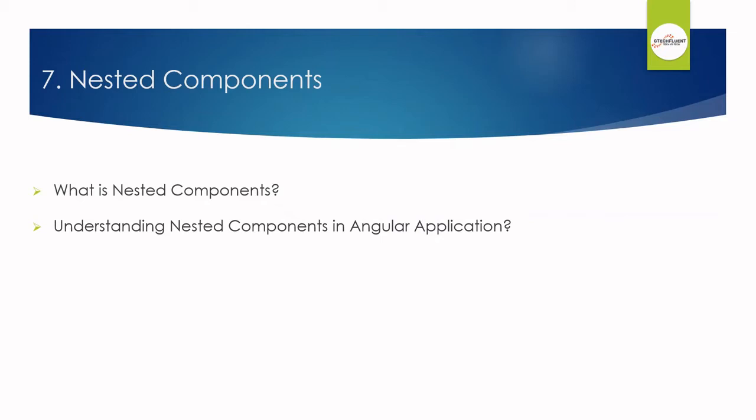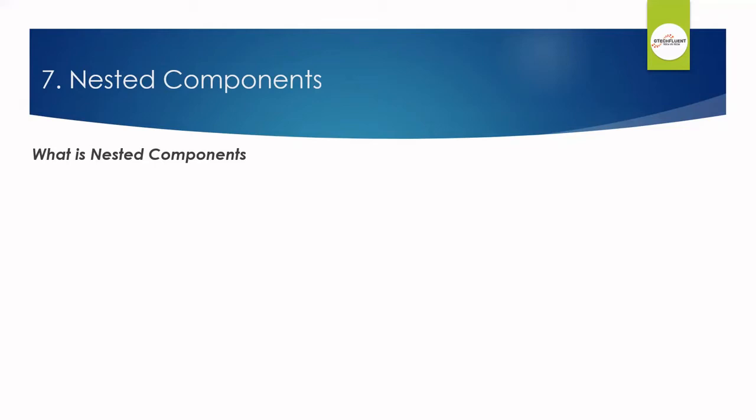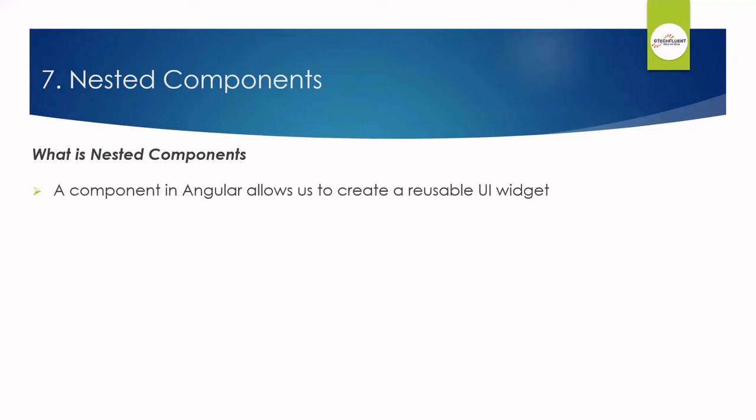So for that, we need to split our large component into multiple smaller subcomponents, or you can say child components, where each subcomponent is focused on a particular specific task. The Angular framework allows us to use a component within another component, so that it is a reusable widget. One component can be used by any other component. The outside component is called a parent component, and the inner component is called a child component.